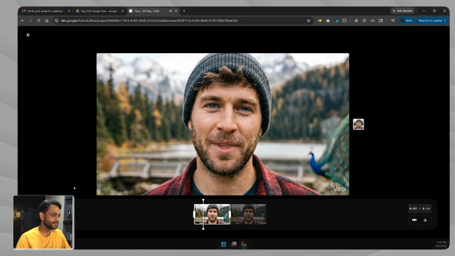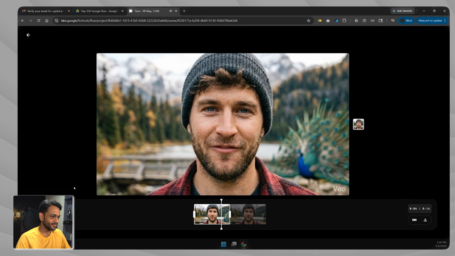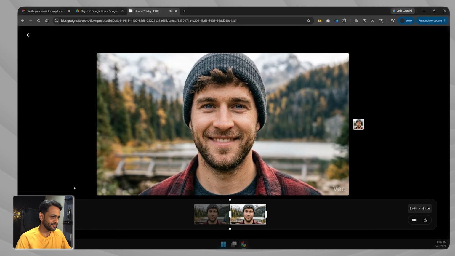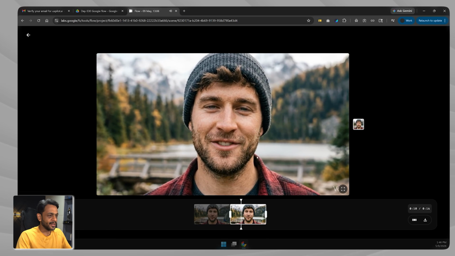Behind me is one of the most peaceful places you could imagine. A beautiful alpine lake surrounded by tall pine forests and stunning mountain peaks. Behind me is one of the most peaceful places